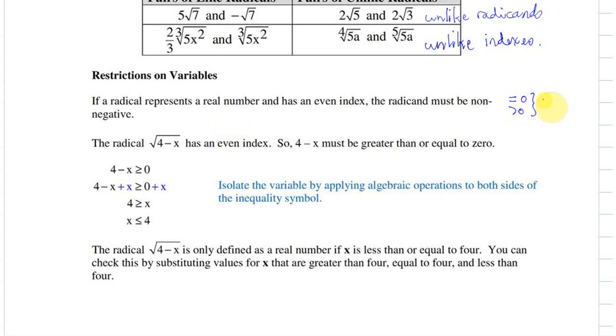So when we put these two together, that means whatever the radicand is, it has to be greater than or equal to 0. So why is that? Well, the reason,